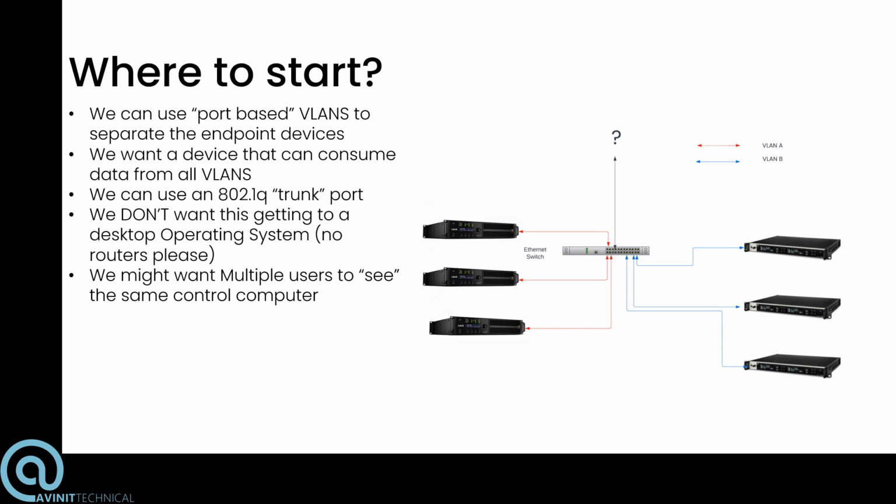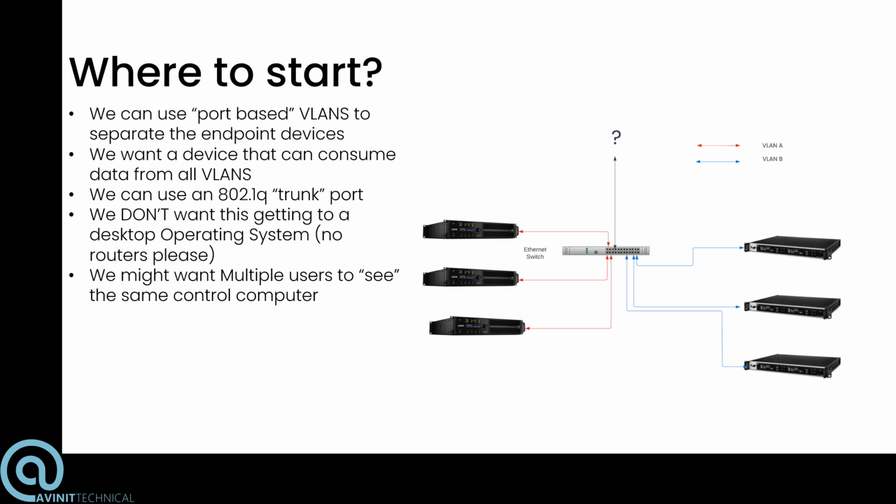Then we could potentially send all of the traffic together up the same cable using what we call an 802.1Q trunk port, and that means that we can send Ethernet frames up that cable, and they maintain their tag, so A for the amplifiers, B for the radio mic receivers. They travel up there together, and we hope we hit another trunk port and they get separated out further up. This is one of the nice ideas.